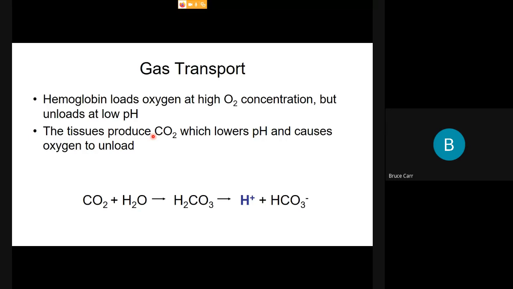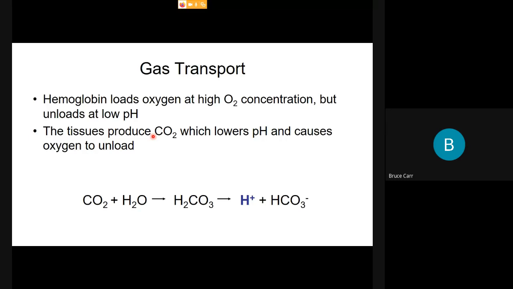And oxygen in the surrounding tissues has been consumed by aerobic respiration. Glucose plus oxygen produces CO2 plus water and ATP. So high concentration of oxygen in the blood and on the hemoglobin, and low concentration in the tissues. And in the tissues,